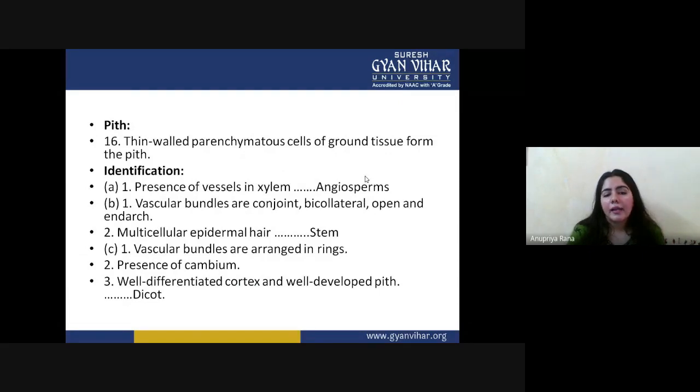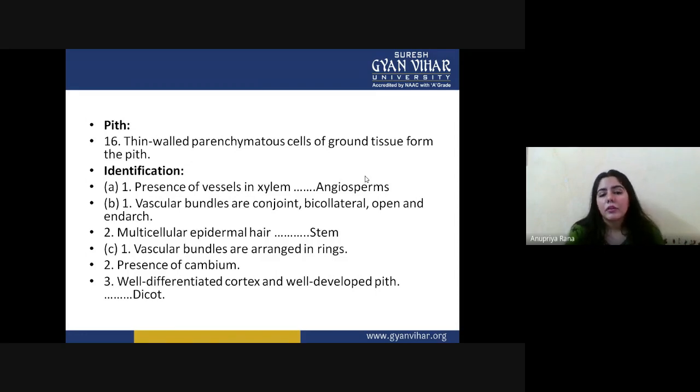Now what are the identification features? All these features you studied about the dicot stem. But what are the identification features? They are the features which are very important and mostly present only in the dicot stem. These types of features are called identification features. Now we will see one by one what identification features are present inside the dicot stem.